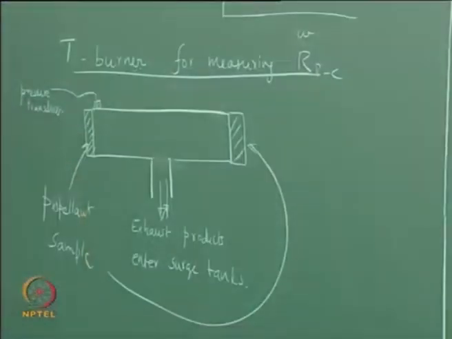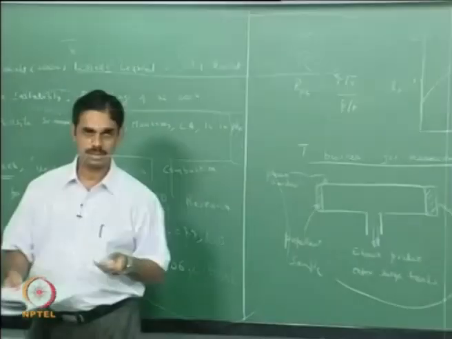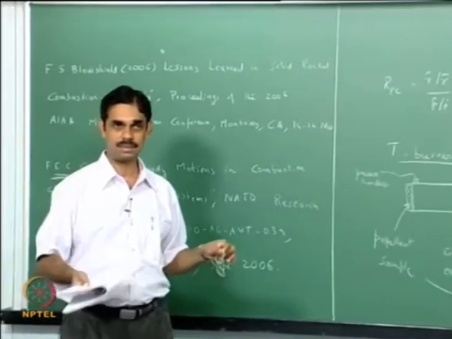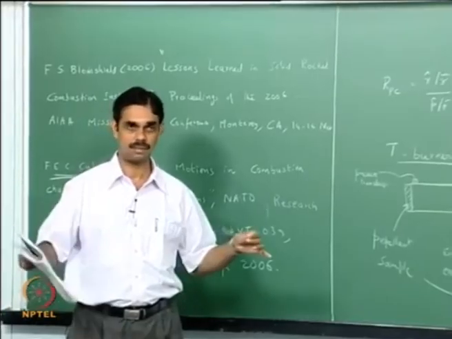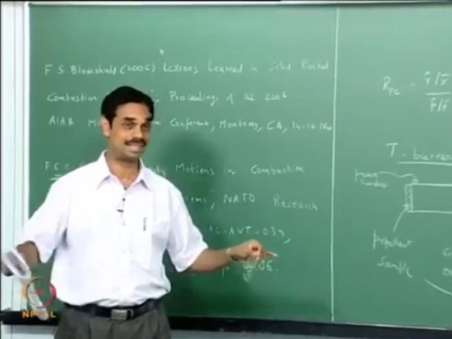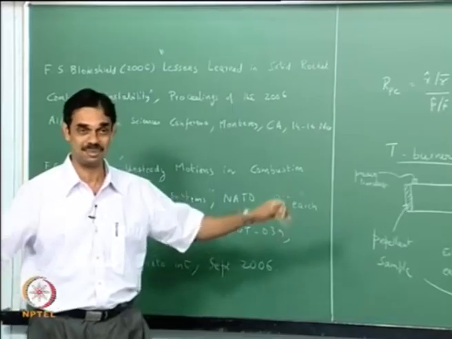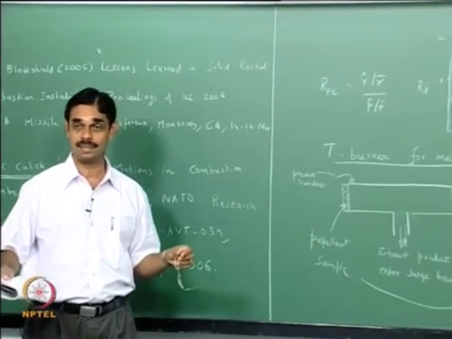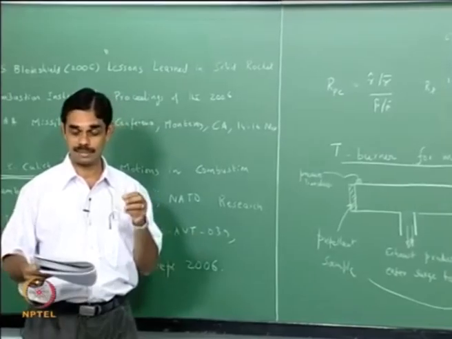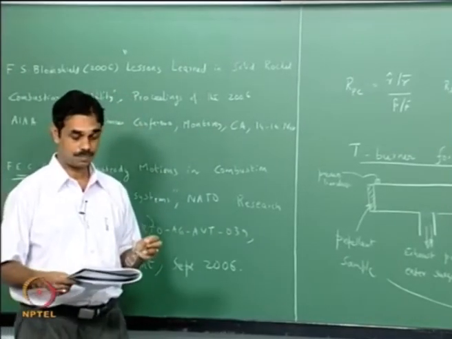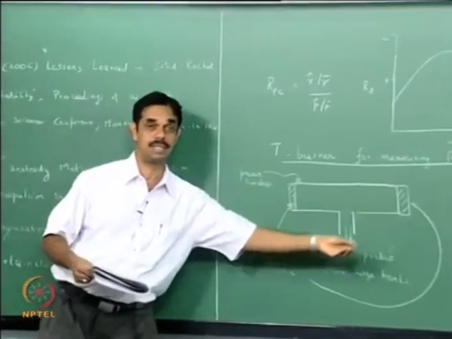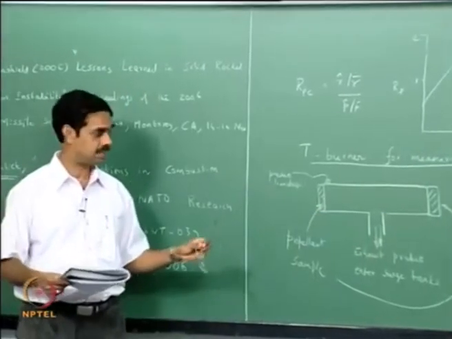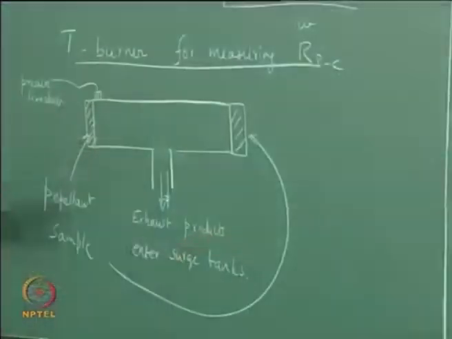So you put 2 discs of propellant, and typically this pipe is about 1.5 inch diameter. That is what is used in practice. Probably that is a good size from experience. I am sure they must have tried 1 inch and 2 inch and 3 inch and found that this is the best, but typically in the open literature 1.5 inch seems to be the most common size, and you have them mounted on both sides, and you ignite them simultaneously, and you mount pressure transducers near the end.